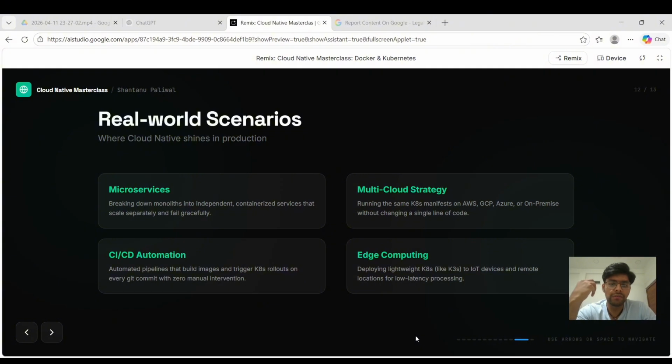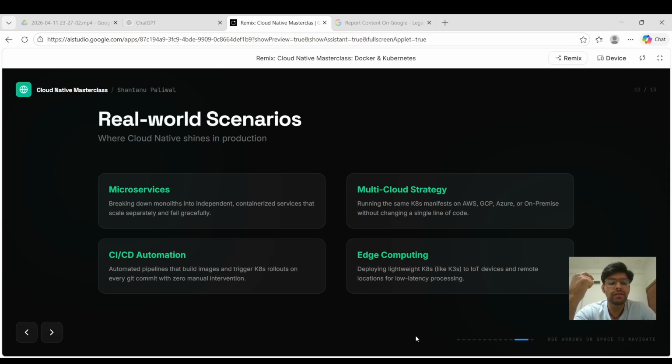So how Docker help us in this way? Docker allows each service to run inside its own container and ensure consistency and easy deployment. And when it comes to managing these services at scale, Kubernetes ensure that it is properly distributed and automatically scale and are able to recover from failures.